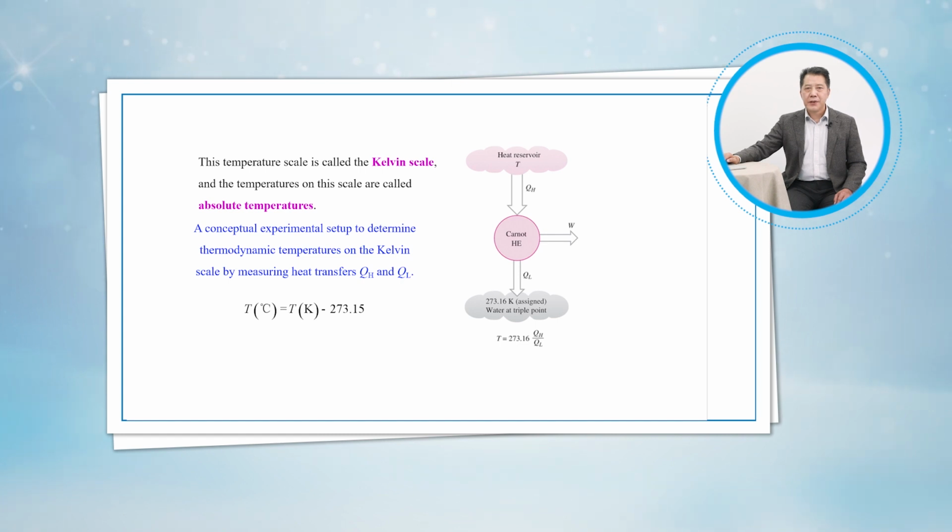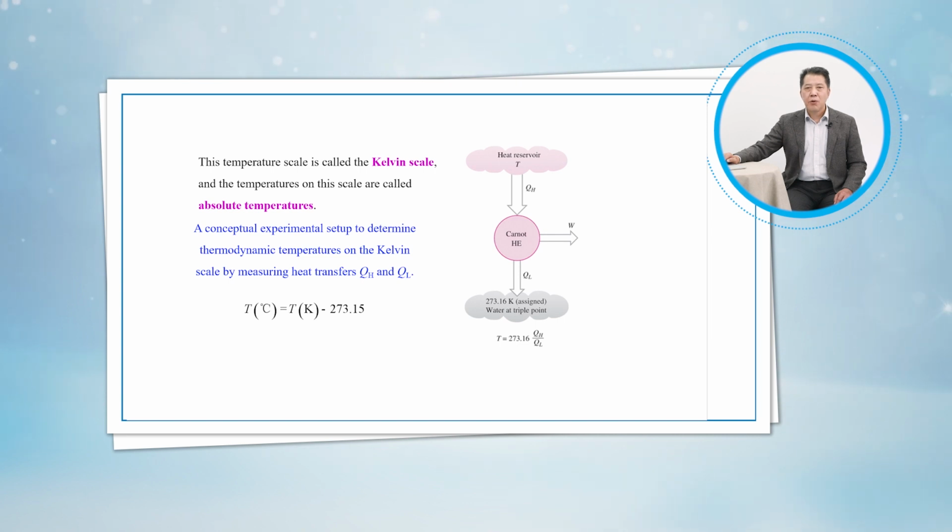The magnitudes of temperature units on the Kelvin and Celsius scales are identical. The temperatures on these two scales differ by a constant 273.15. Even though the thermodynamic temperature scale is defined with the help of the reversible heat engines, it is not